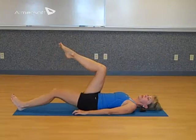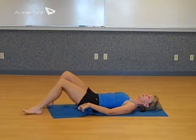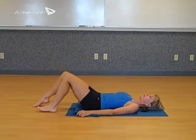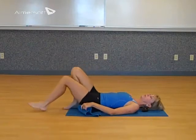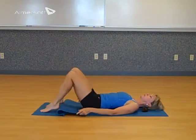One thing you might want to consider, if you have a hard time making your leg nice and straight, you can take your mat and roll it up underneath your bottom, and that helps lengthen that hamstring. So go ahead and do that if you need to. Keep making that circle with your leg